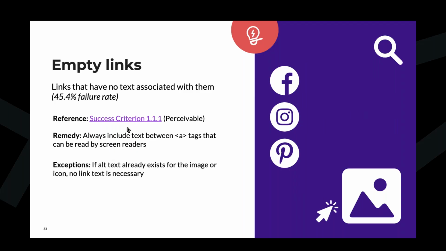If there's alt text already, then you don't have to put any link text in the front end. The screen reader will know what it is. And again, the best tool to evaluate if you are violating this or not is the WAVE tool. It can check this one very accurately. Okay,